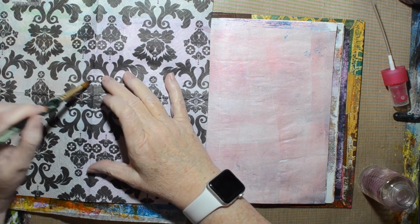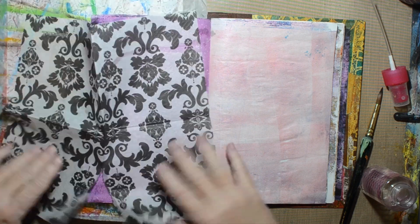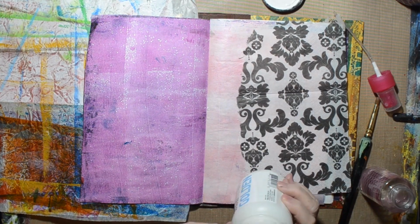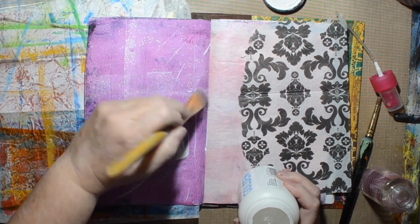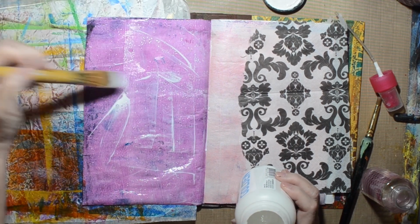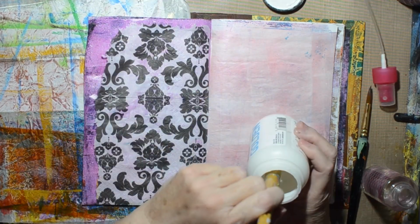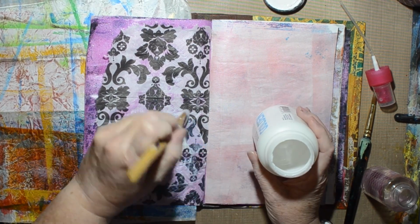I'm going to put this napkin on here, but I don't want it to cover the whole thing. I don't know why. I just wanted it to be uneven. Is that weird? So I'm using some Golden's matte medium to glue this down onto my page. If you haven't been following along, this book is made up of gel prints, and